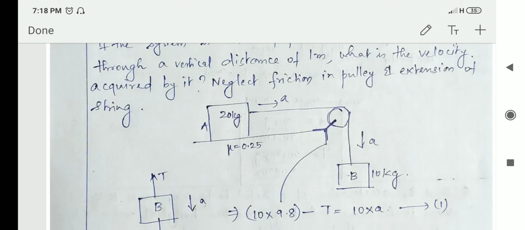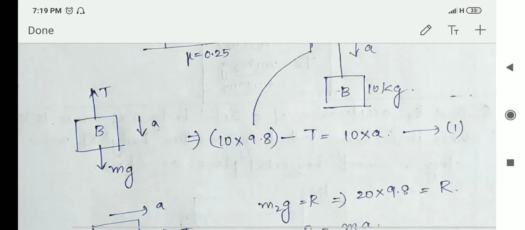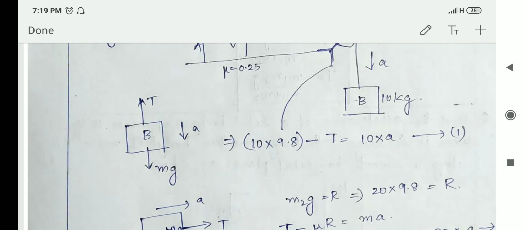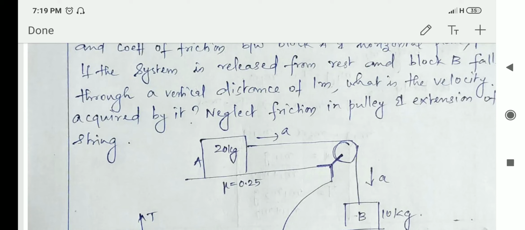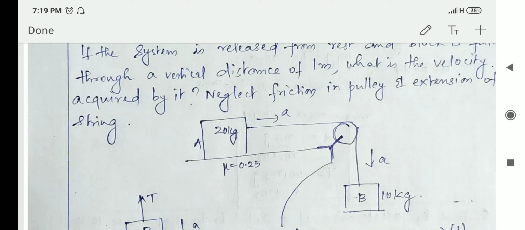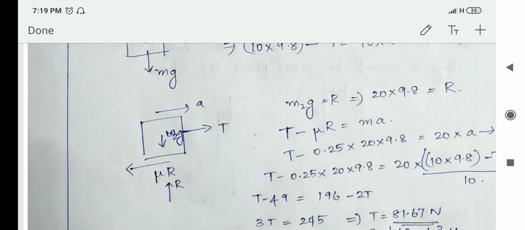So it's very simple. Let us draw the free body diagram of block B. mg is acting downwards, T is acting upward, and the acceleration is downward. So mg minus T equal to ma. That will be the first equation. Here T and a are unknown. In the second equation, for the second block, the motion is towards the right, tension is towards the right, and friction is towards the left side. So here we can write T minus the frictional force. The frictional force we already know as mu into R. T minus mu R equal to ma.